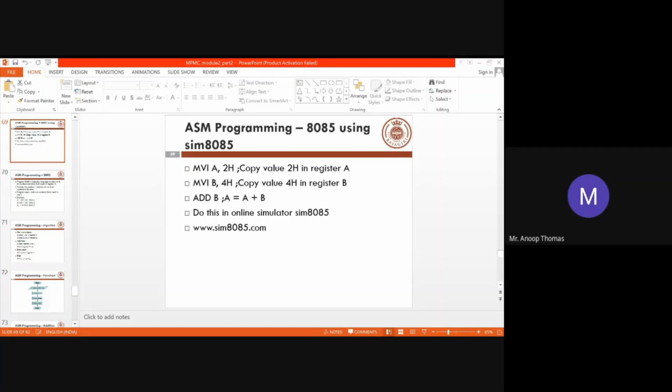I will stop my presenting. Are you able to get this? How to do it? Are you facing any issues in that? It's an online simulator. Just go to SIM 8085 and you'll be able to see the simulator.